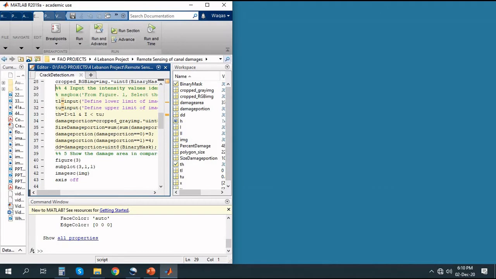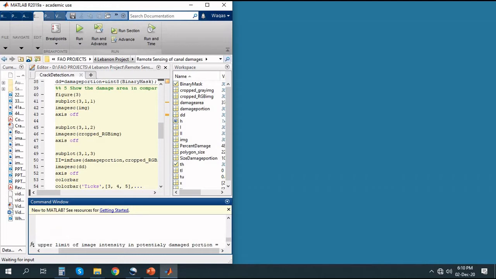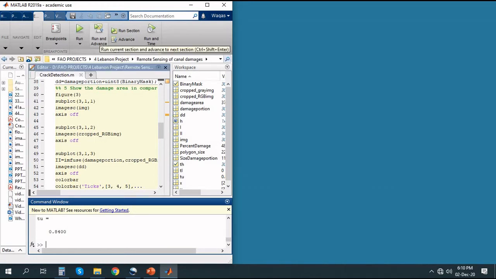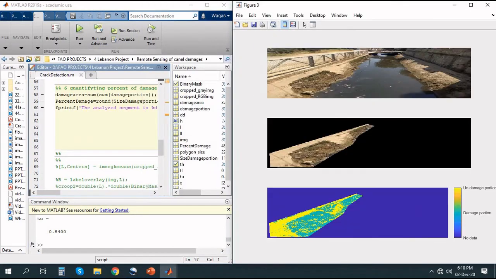Now in the next segment of the analysis, we will input the threshold values of image intensity levels into the algorithm to create the spectral subset of data with a lower limit of 0 and an upper limit of 0.84. With this, the input of the analysis is complete and we can see the result after intersecting the spatial and spectral subsets. Here, the result compares the original and spatial subset of the image with the analyzed portion, showing two distinct colors as damaged portion and undamaged portion.